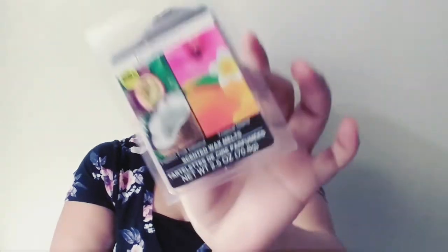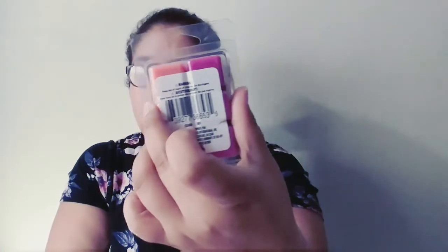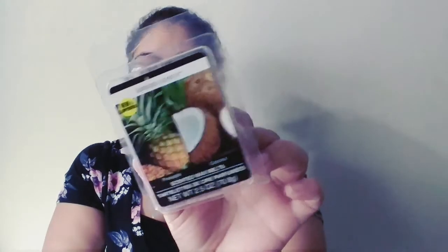Here it is. So the two things that I got are these two scented wax melts. One is the passion fruit coconut with tropical island. I got this one. And the other one is pineapple and coconut. Let's see if this one works with my wax melt warmer. So they smell so good. This one smells like pineapple and coconut. I love the smell. So I will cut this video right in here and try to make the second part